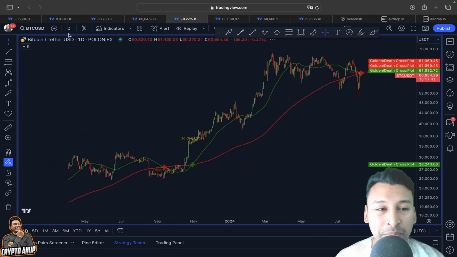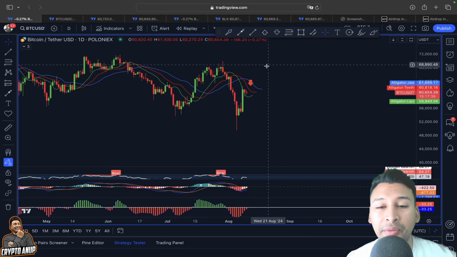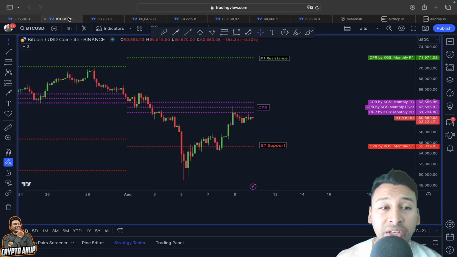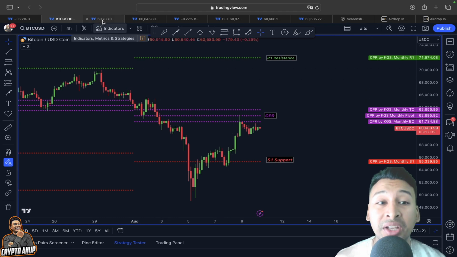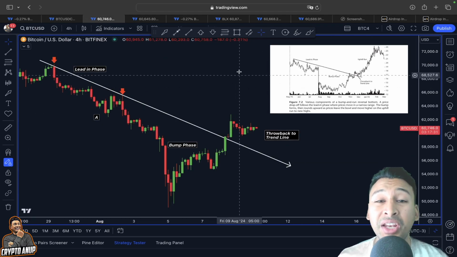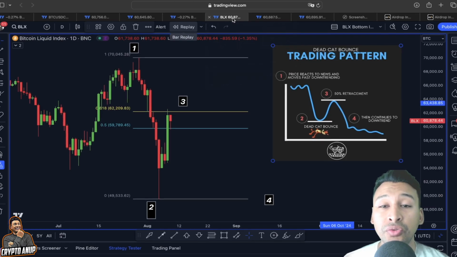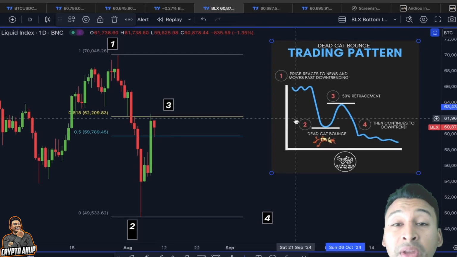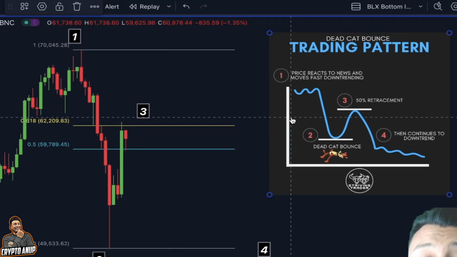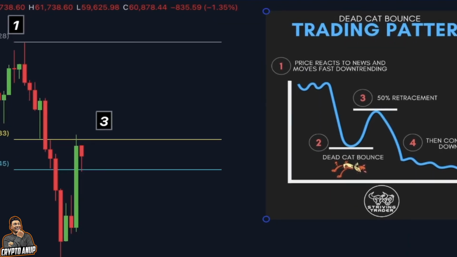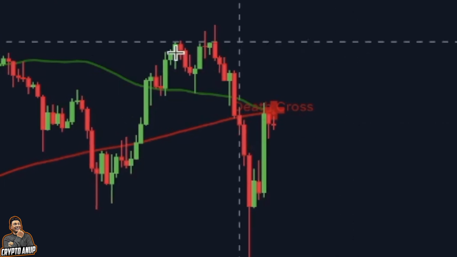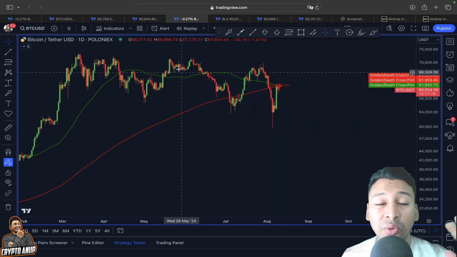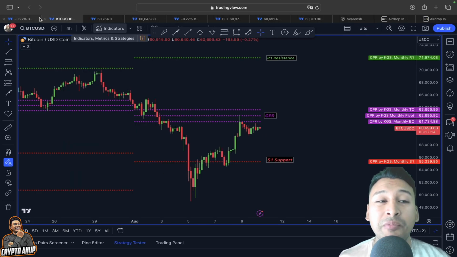As we can see guys, the price of Bitcoin after testing the resistance from this Williams alligator indicator is showing weakness. After testing the resistance from this CPI line is showing weakness, but is it just a temporary weakness, or is it going to result in an actual reversal from here on? Because the price of Bitcoin parallel is forming this dead cat bounce trading pattern, and we are also being flashed with another dead cross. Yes guys, we are going to talk about all of these scenarios one by one, but